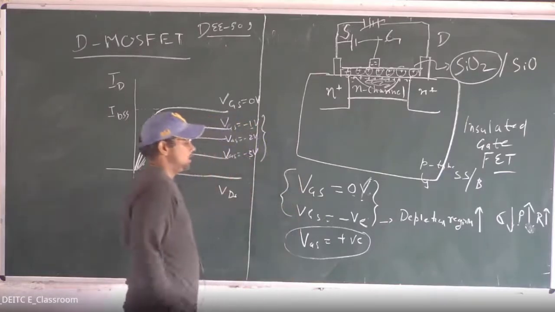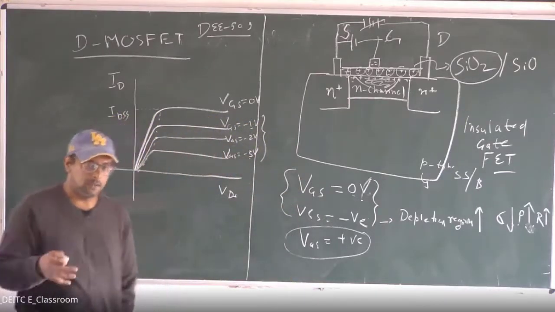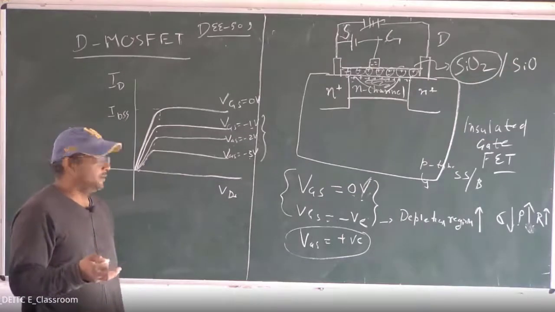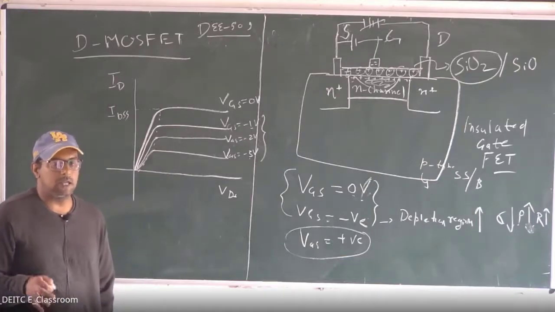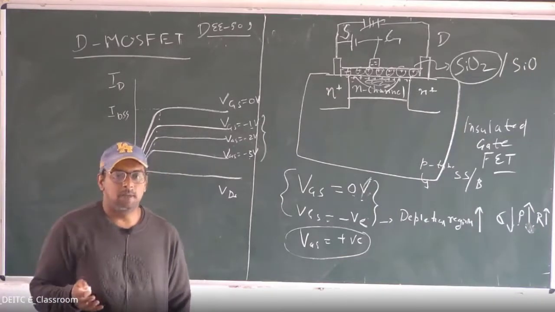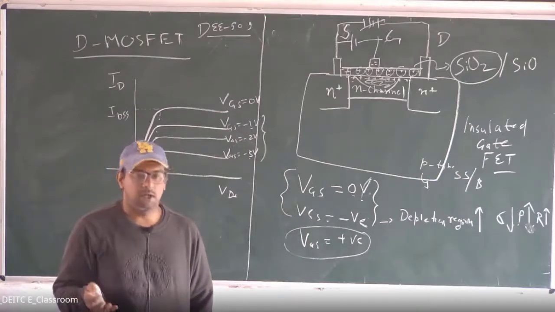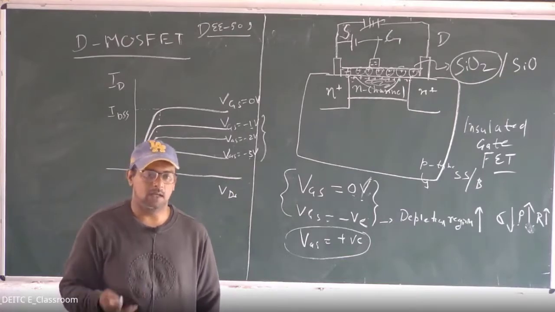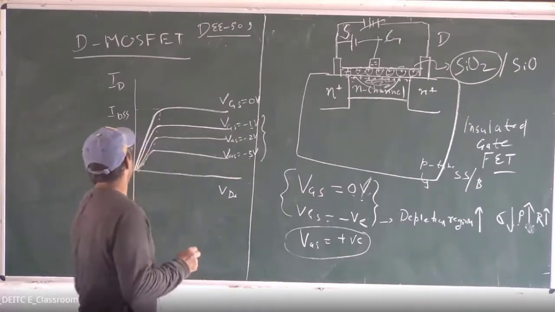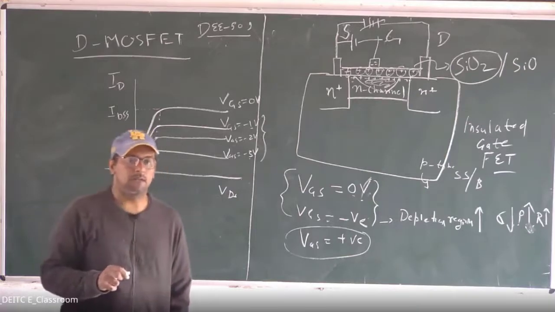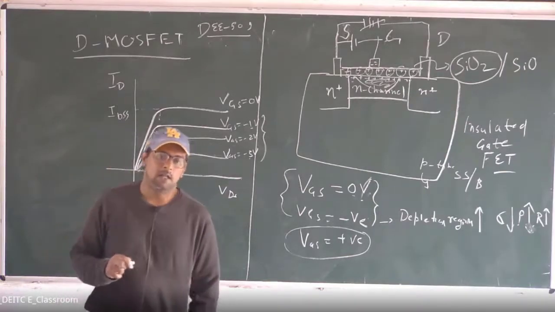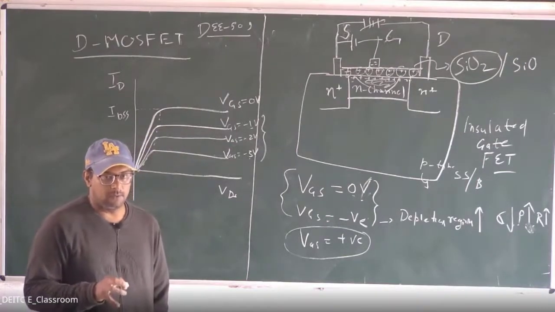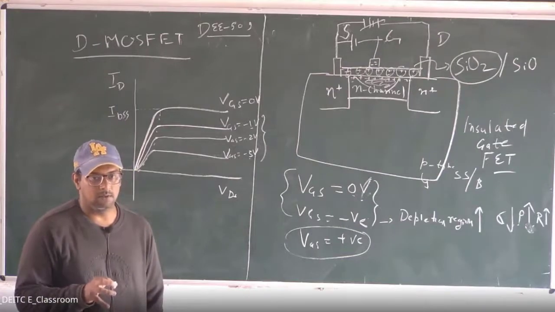Okay, so this we have already discussed up till now. We have just recapitulated everything that we discussed in the previous lecture. Now we shall define some new terms and we will discuss when VGS is positive, and the last topic is the transfer characteristics and the drain characteristics, which we are drawing here. We have already discussed there are two kinds of MOSFET, D MOSFET and E MOSFET, depletion MOSFET and enhancement MOSFET. And here we are discussing only the mechanism and working of the depletion MOSFET because it is the only one in our syllabus.